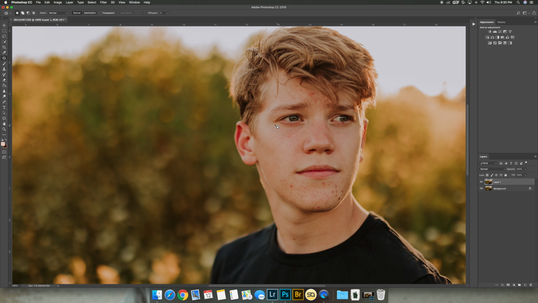Now, you do want to be careful around the eyes when it comes to retouching, because I refuse to retouch someone to where they don't look like themselves, because everyone has under eye bags. It's just the way it is. Okay, we're humans. We have pores, we have eye bags. I'm actually going to leave Luke's under eye for a little bit and get to that in a second, because under eyes can be kind of tricky, because I personally never take out these lines. I may soften them and make it look like they were wearing makeup, but